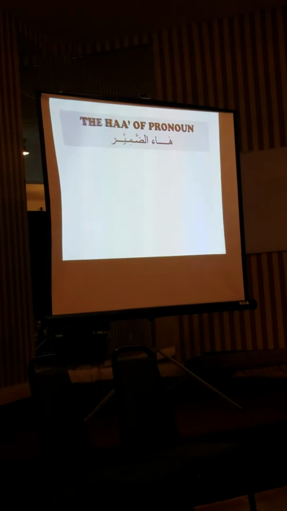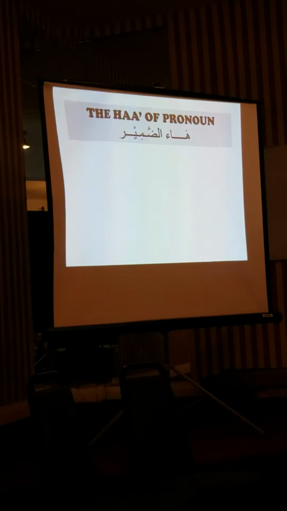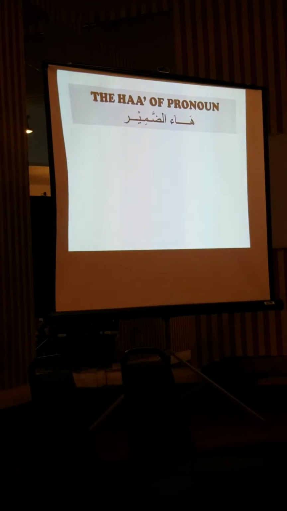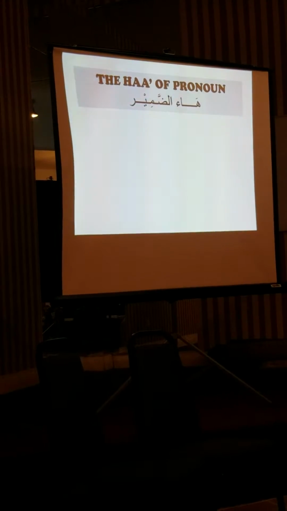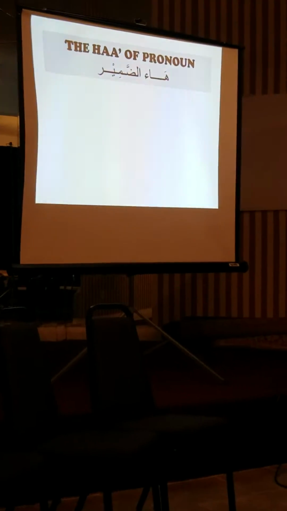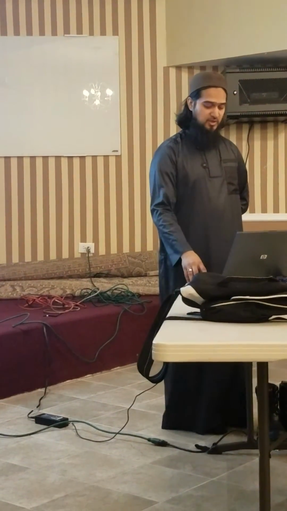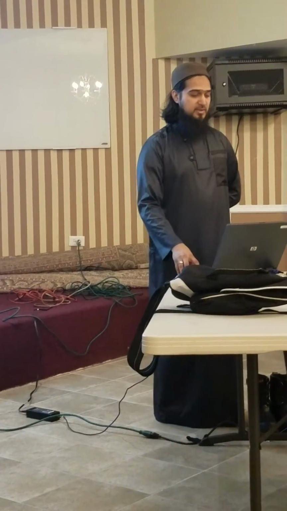the ha pronoun. What that is: if you notice at the end of the word, there is a small little ha in the form of a flag. A small little ha, with that sort of thing. That is known as ha dhamir in Arabic. Ha dhamir is known as the ha pronoun in English. Pronoun word, whenever it says he or she, these are the things, what will happen is it's going